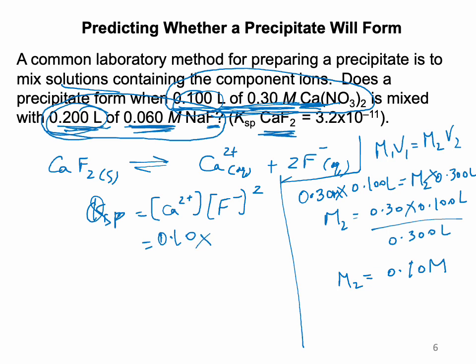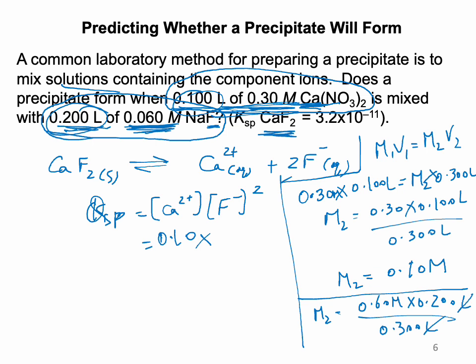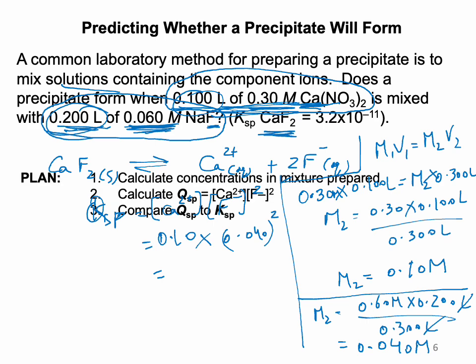Similarly, we will find fluoride ion concentration. Same approach, M1V1 equals M2V2. In this case, M2 is going to be 0.06 M times 0.200 liter divided by 0.300 liter. Liter gone, my final answer is molarity, which gives me 0.04 molar. So fluoride is 0.040 whole squared. You solve for this and we find what is QSP. After QSP, we compare it to KSP. So if we solve for each